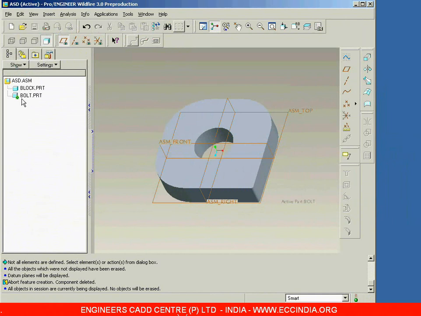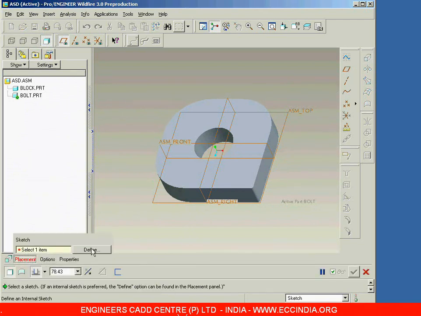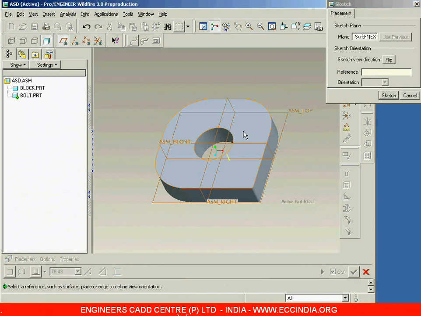Now you can see here the active part is bolt, because here we got the green color dot for the bolt, and even you can read here it is going with active part as bolt. Now let me create the bolt here, and to create this bolt I may use some 3 to 4 features. So one by one I am going to create here. First I am going with extrude, and using extrude I am going to create here the stud.